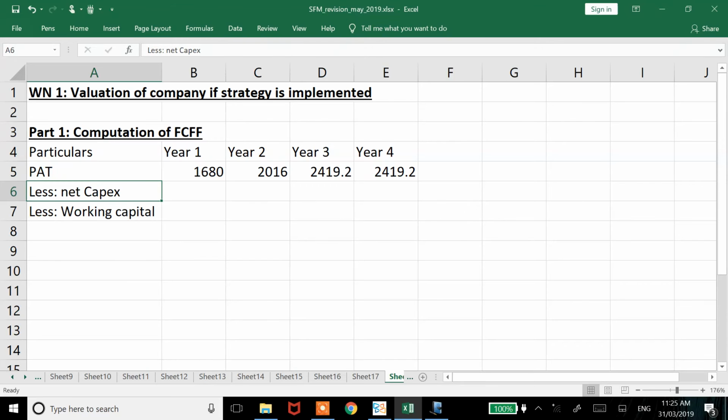So I will directly deduct something called net capex. And net capex is the net increase in fixed assets. If fixed assets are going to remain the same, which means there will be depreciation and the same amount of additions. Depreciation is going to be there in any company. You will say add depreciation 800, less capex 800. So there's no point in writing that add and less. So my less net capex, right? Less net capex,